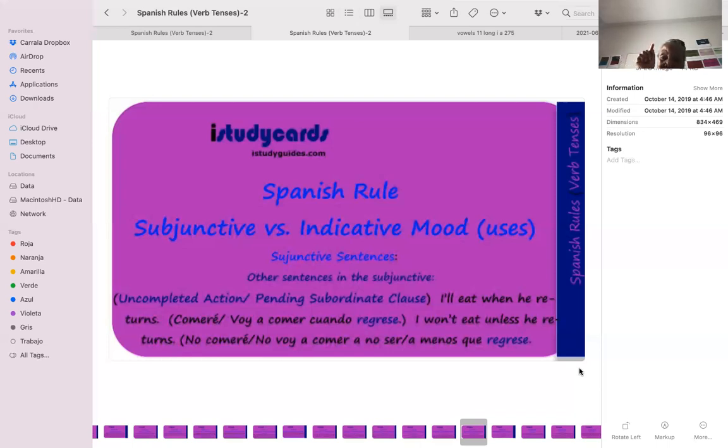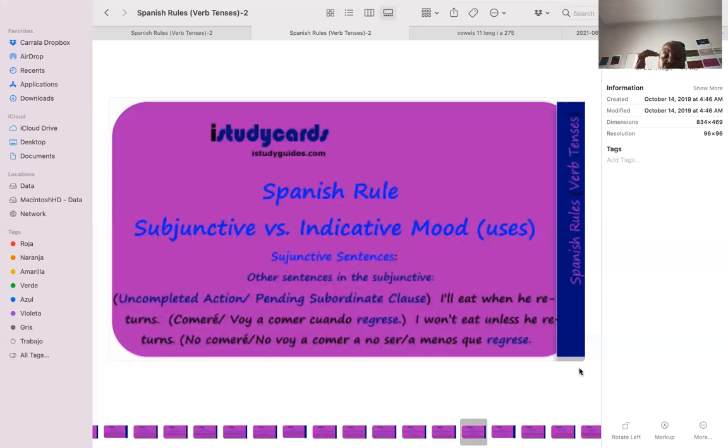Can you tell me why the independent clause here is in the future versus the independent clause here is in the present? They could pick it out. The problem was making that transition to